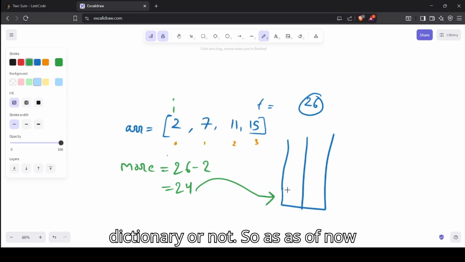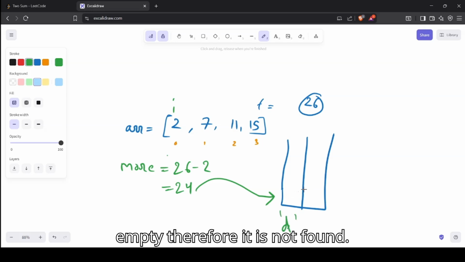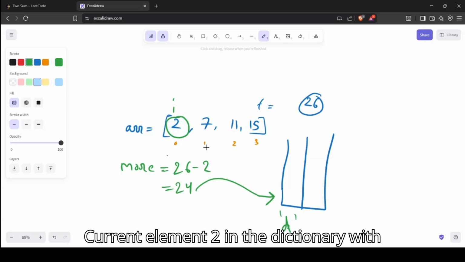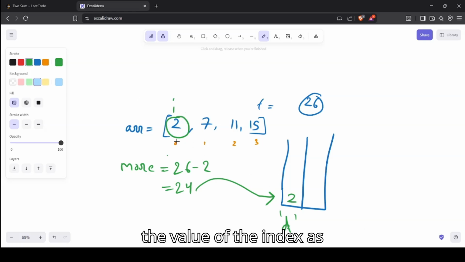As of now our dictionary is empty, therefore it is not found. So what we will do is insert the current element 2 in the dictionary with the index as its value. Okay, now next